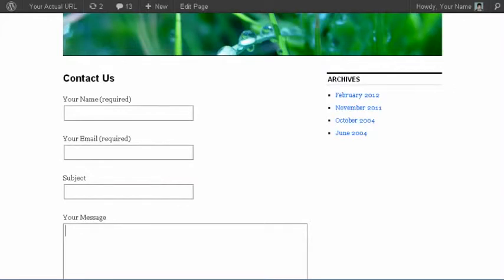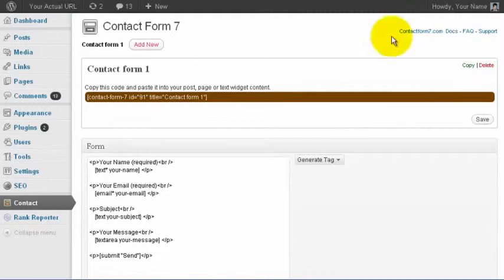However, if you are using the same contact form for the purposes of providing support, etc., you may want additional fields in your contact form. So there are two ways to do this. You can either ignore the default contact form and add a new form by clicking on Add New or Copy over here, which will actually generate a new form with all the basic setup information as you see in the